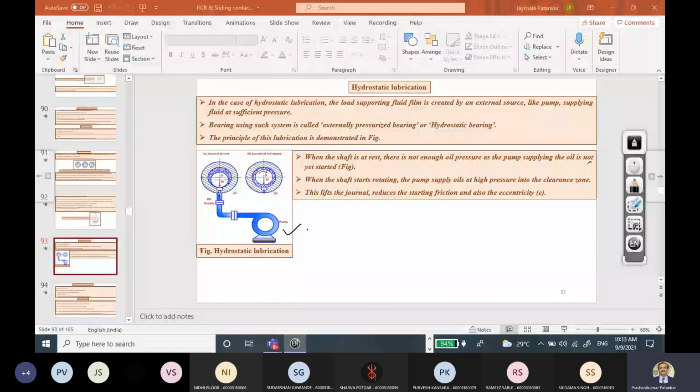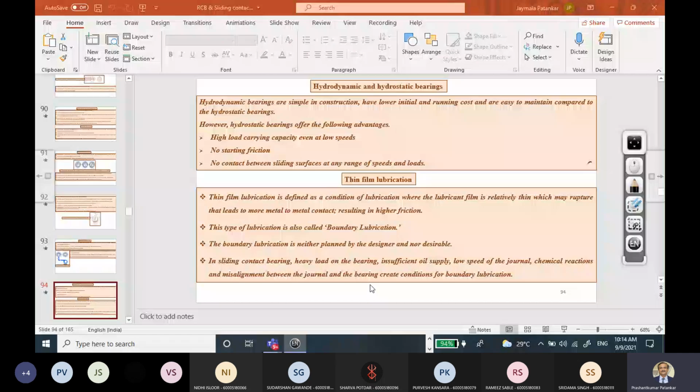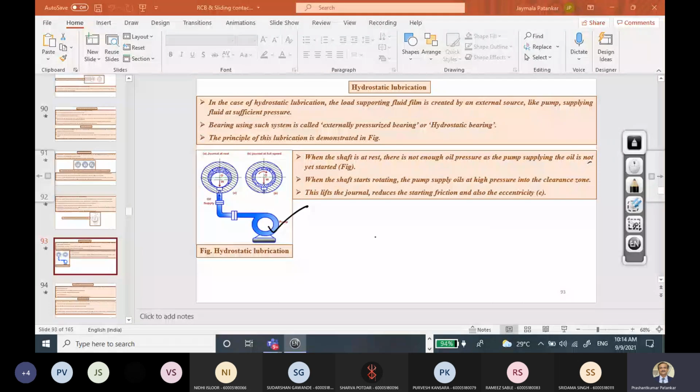now let us start. I talked about the advantages, and I think I didn't discuss this particular point with you: the advantages and disadvantages of the hydrodynamic bearing and the hydrostatic bearing. As I told you, in a hydrostatic bearing we need this pump. If you see the overall construction and design of the hydrostatic bearing, due to the use of the pump and the various valves which regulate the flow of pressurized oil to the bearing,